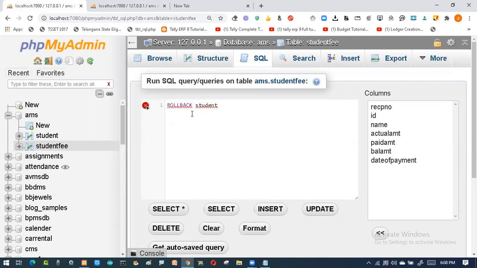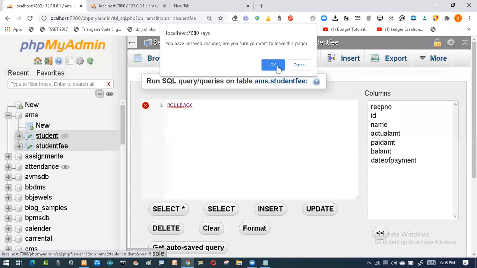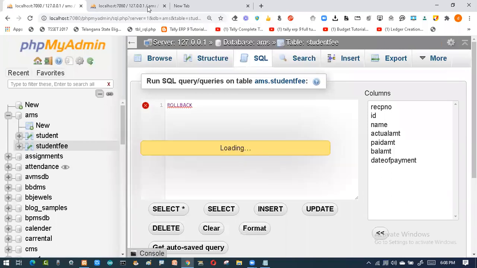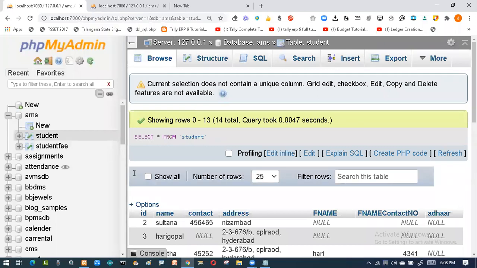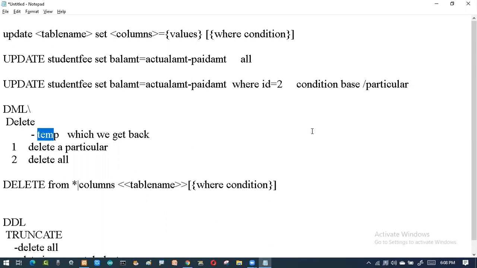So it is saying no transaction has taken place. So immediately I should have done it over there. They are not done. So the operation should be done immediately. Okay, we'll see that in the upcoming class with an example. So with the help of rollback, we can do that. So let's try for this one.